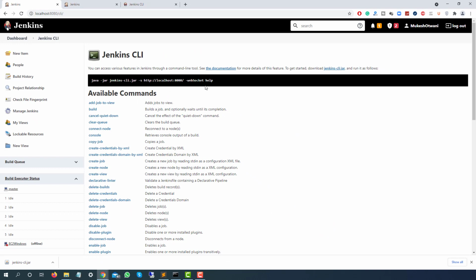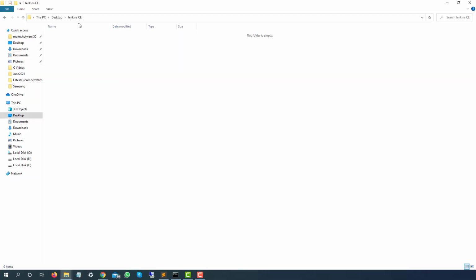In order to get started, I need to download this jar file. The moment I click on this option, you can see the Jenkins CLI jar getting downloaded to my system. I created one folder on my desktop called Jenkins CLI. Again, you can use any folder. I just created the folder so that I can have all the XMLs and jars in the same directory.